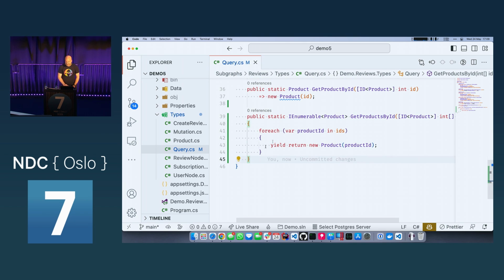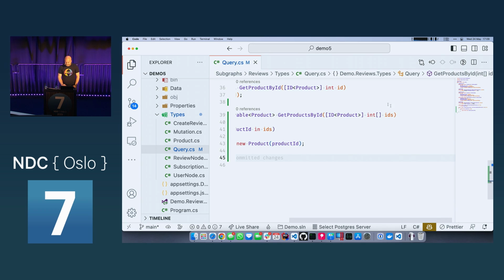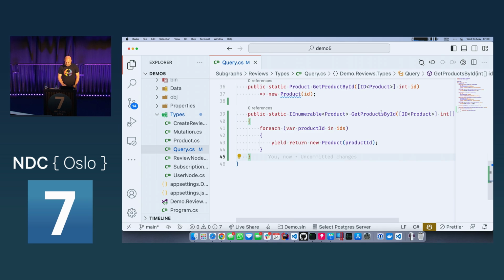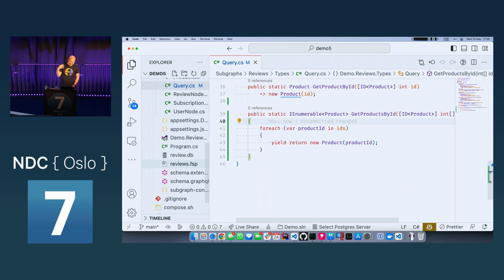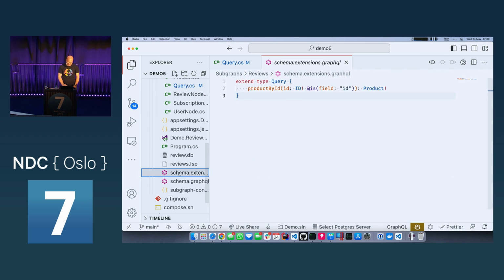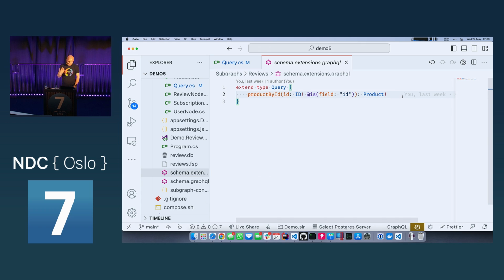So this is totally faked. It's not a database here, just for demo purposes. This would be a call to your service layer or your database or whatever. But it allows me now to pass in multiple product IDs into my resolver here. So I introduced this field here. And I can also give my gateway composition a couple of hints that this field should be used in a certain way. Essentially, give my schema more